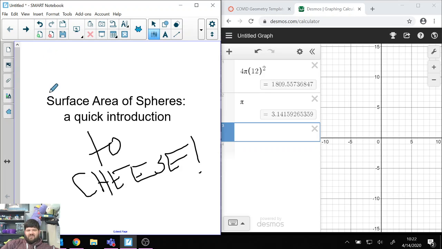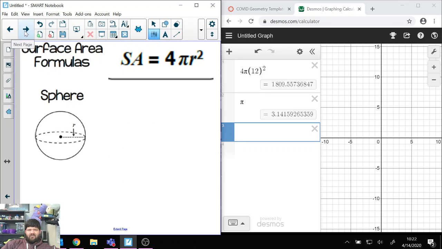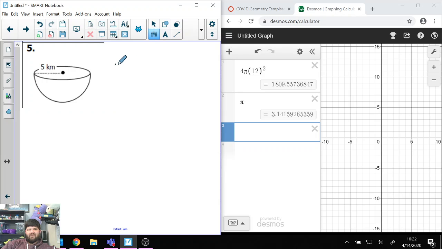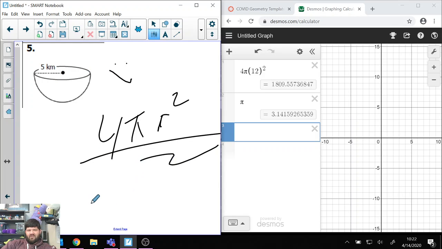Right? Cheese it, do it, love it. Now this is the one that's going to throw people off. We know the formula for this is, in fact, 4 pi r squared. And you're looking at this, and you're saying, so this is half of a sphere. So you should be able to divide this in half, and then you would get 2 pi r squared. I would agree, right? But surface area, if we cut this ball in half, which is exactly what we have